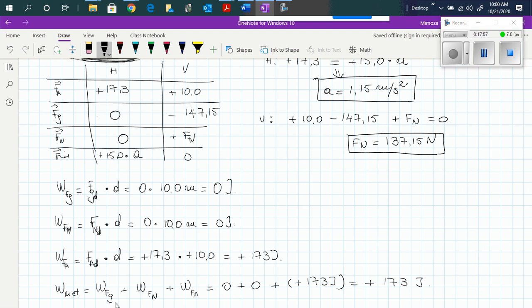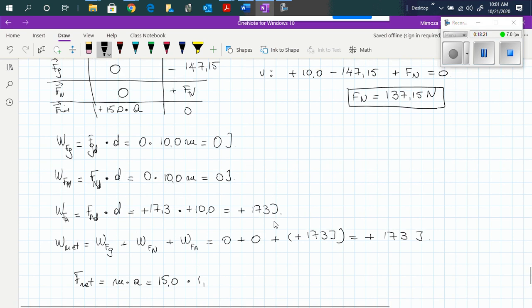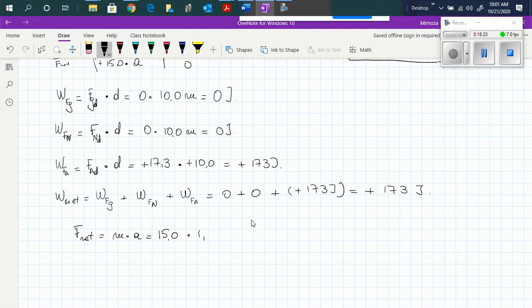The way that we check it is by looking at what is force net. So force net is mass times acceleration, which in our situation will be 15 times 1.1, 1.115, and this will be 17.3 newtons. So work net,